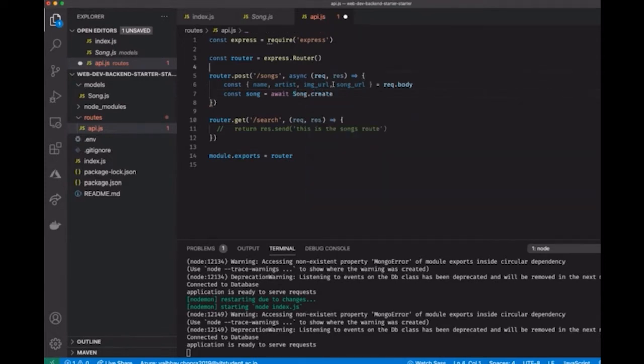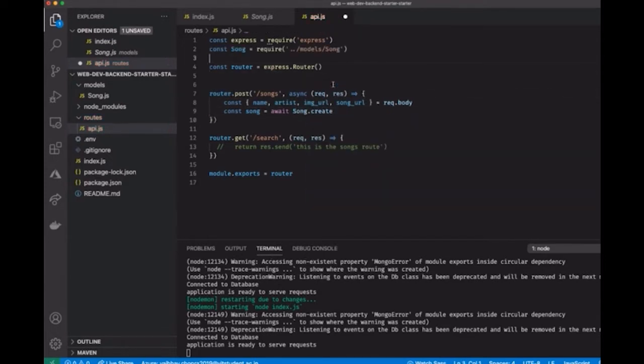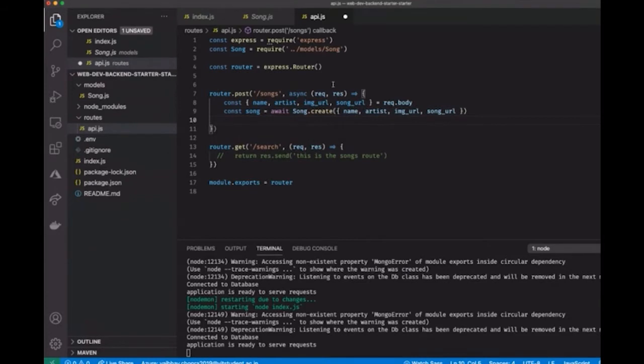This song right here we have to import. It's already imported, so we do song dot create, and we pass the name, artist, image URL, song URL, because all of that is needed to create the song object. Then nothing.